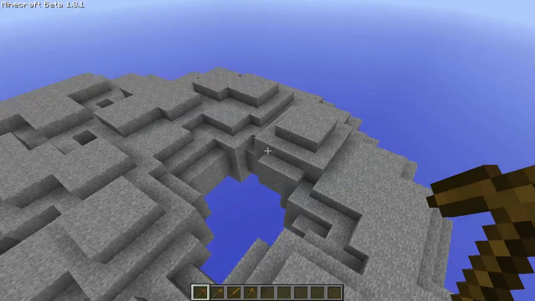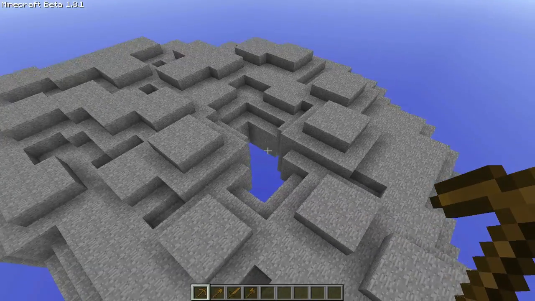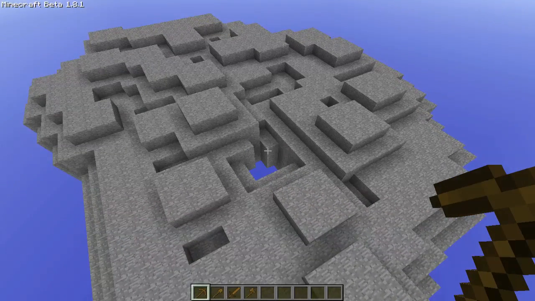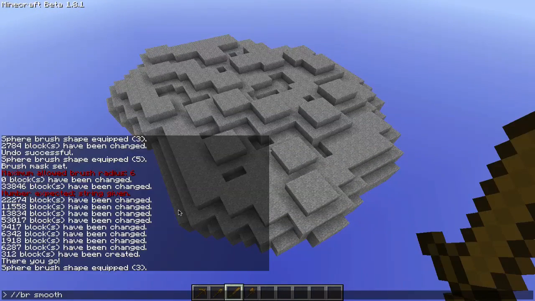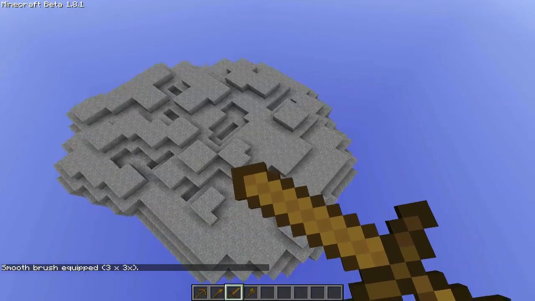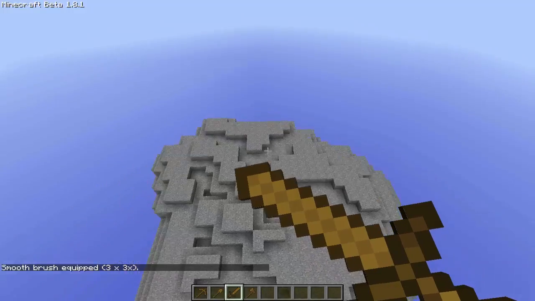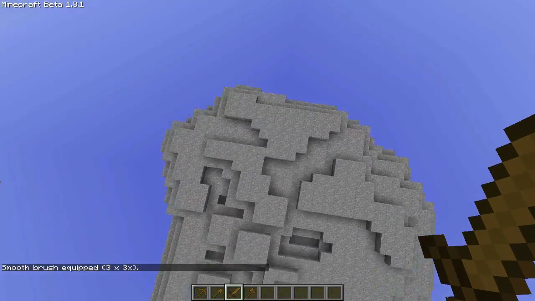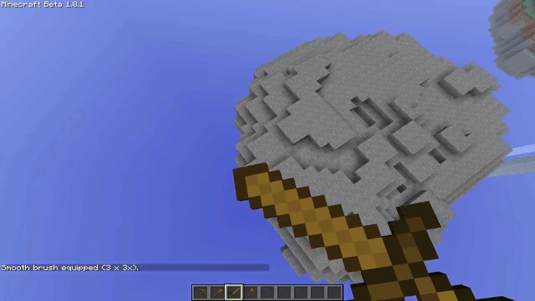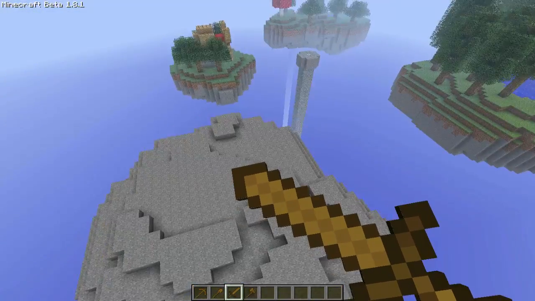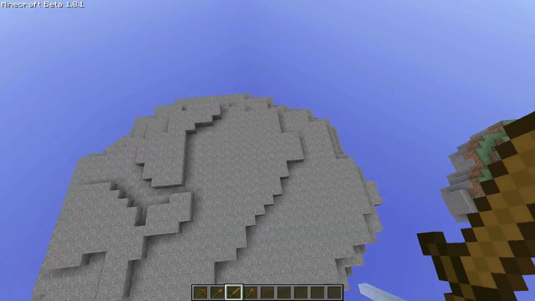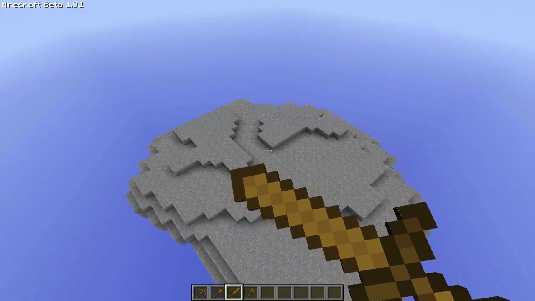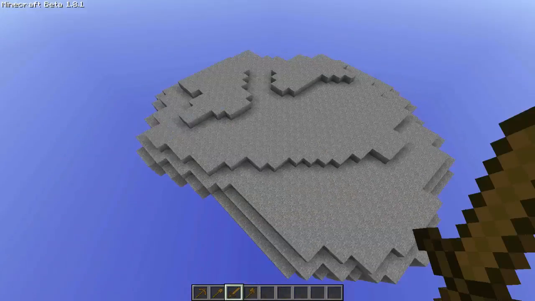The smoothing feels like it does more for this project than any other project I've done, quality-wise. So right now this looks really bad, but once you smooth it, it'll look really good, which is what we're doing right now. BR smooth 3x3 is what I like to do, and just go from the top and smooth it down. If you go from the side, I'll demonstrate in a second what that will look like, and it doesn't really look good. It just looks odd, and I'll show you what I mean in a second. So just smooth that, get rid of any weirdness that you don't like.